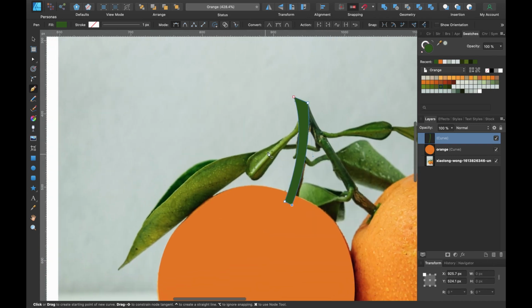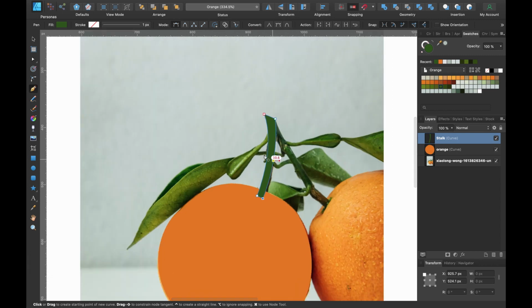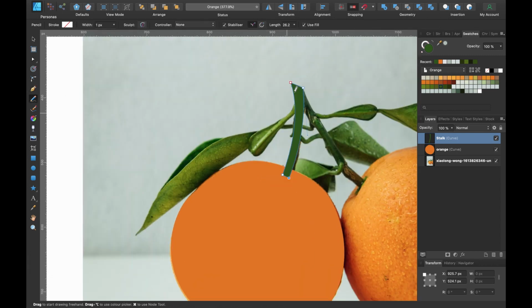The next thing we're going to draw out is this leaf. We're just going to draw one orange and one leaf and one stalk. So I'll just name this stalk. Press return. Now we can grab the pencil tool. So I'll just click with my pencil tool, click and drag, and I'll just, like we did before, follow along the outline of the leaf. And you can see with the rope tool, I can kind of bring it around and it doesn't really affect it too much. And then I'll follow along the line underneath like that.